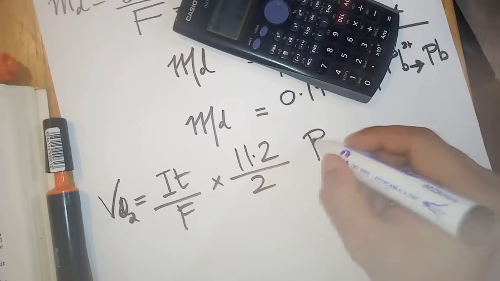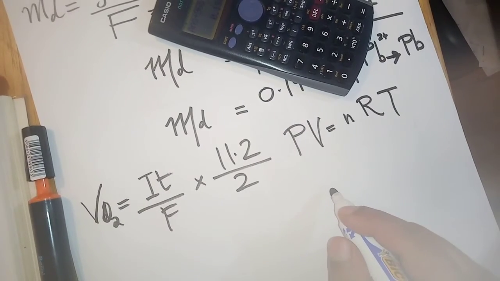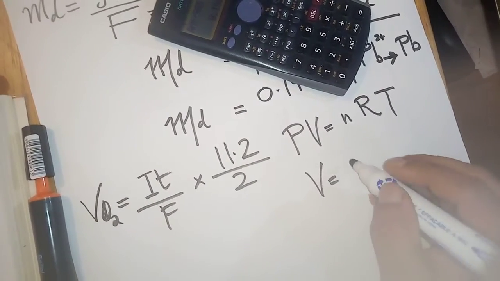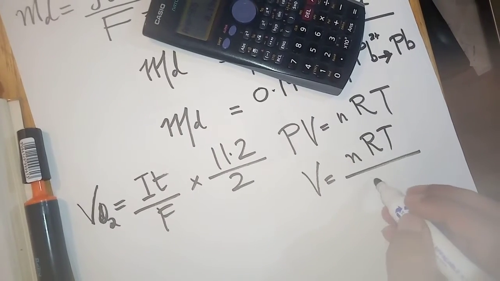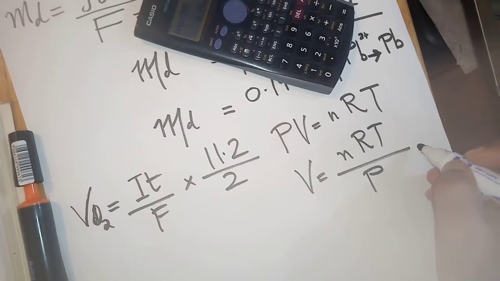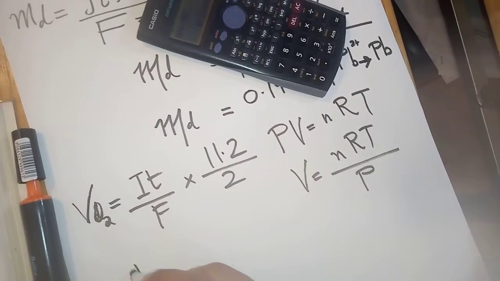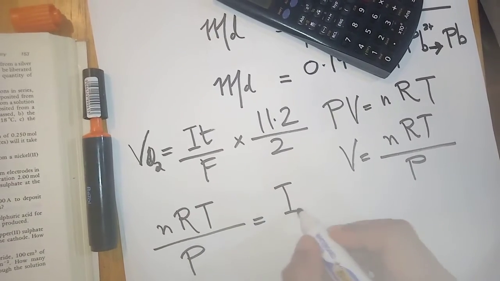And we look at PV equals nRT. We substitute for V, and that'll be nRT over P. So if we equate these two, it'll be nRT over P equals IT